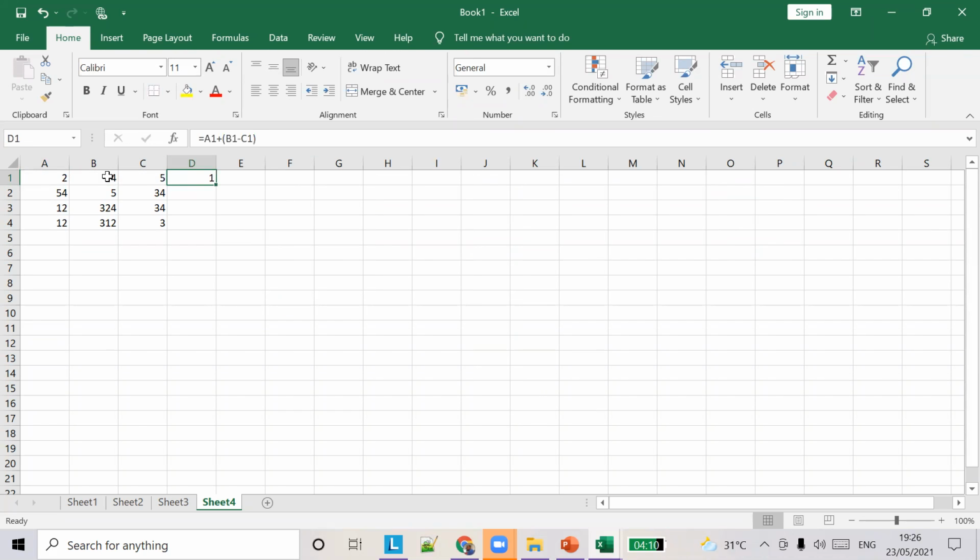B1 minus C1 is 4 minus 5, which is minus 1, and minus 1 plus 2 is 1. Similarly, we apply the formula to the other cells. 5 minus 34 is minus 29, and 54 minus 29 is 25. When you drag it, you can see the formulas copied appropriately. This is just another example.